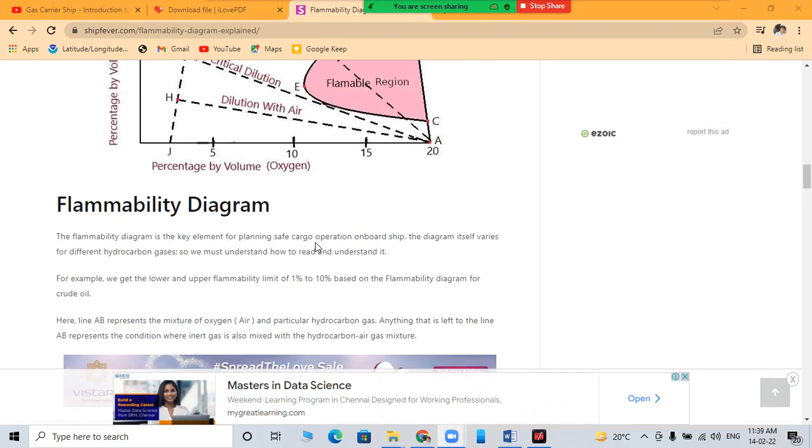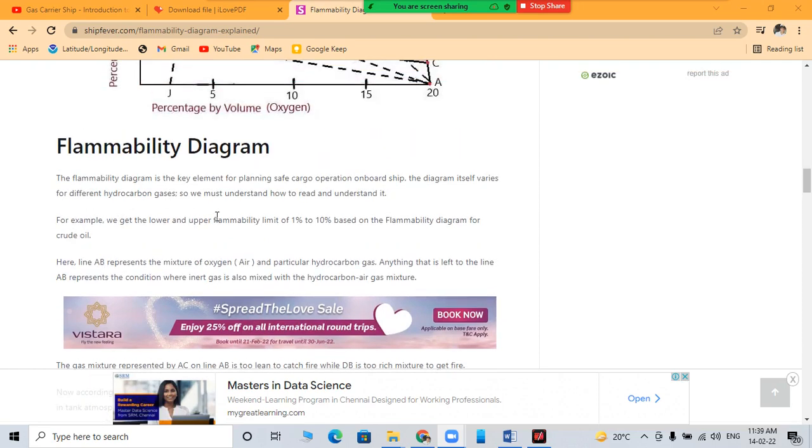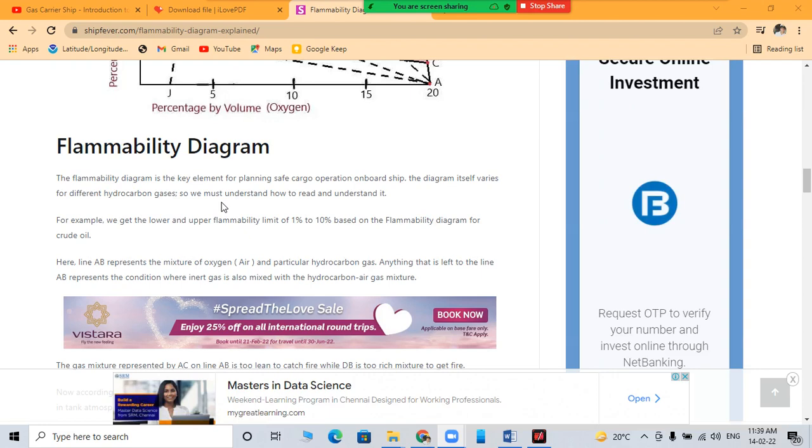So what does the flammability diagram mean? The flammability diagram is the key element for planning safe cargo operations on board the ship. The diagram itself varies for different hydrocarbon gases, so we must understand how to read it. For example, we get lower and upper flammability limits of 1% to 10% based on the flammability diagram for crude oil. Here the line AB represents